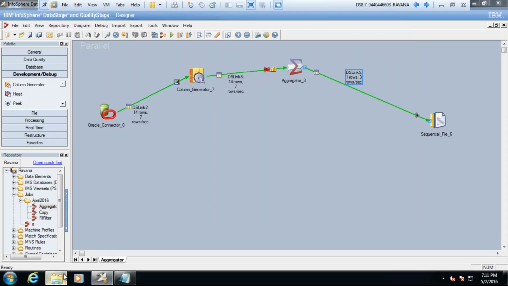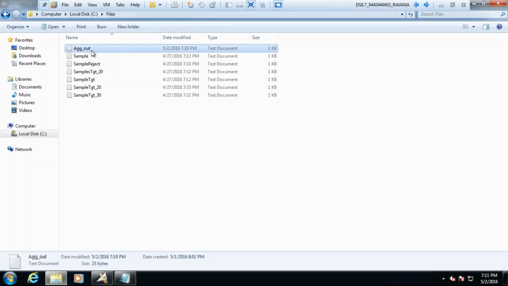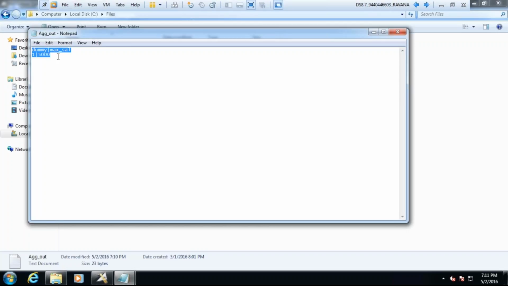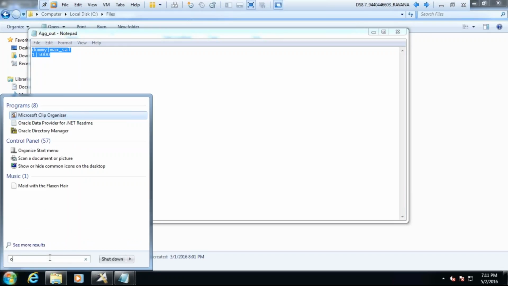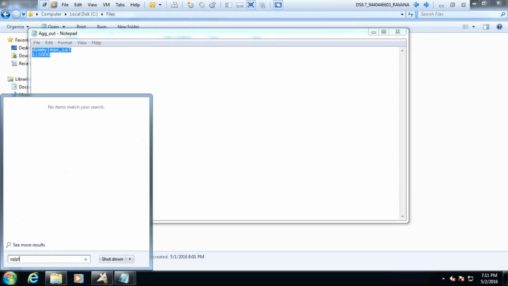So go to the files and open it. So you got 5,000. Is this correct or wrong? The maximum salary which is present in the table is 5,000 only, right? Sir, you need to remember.